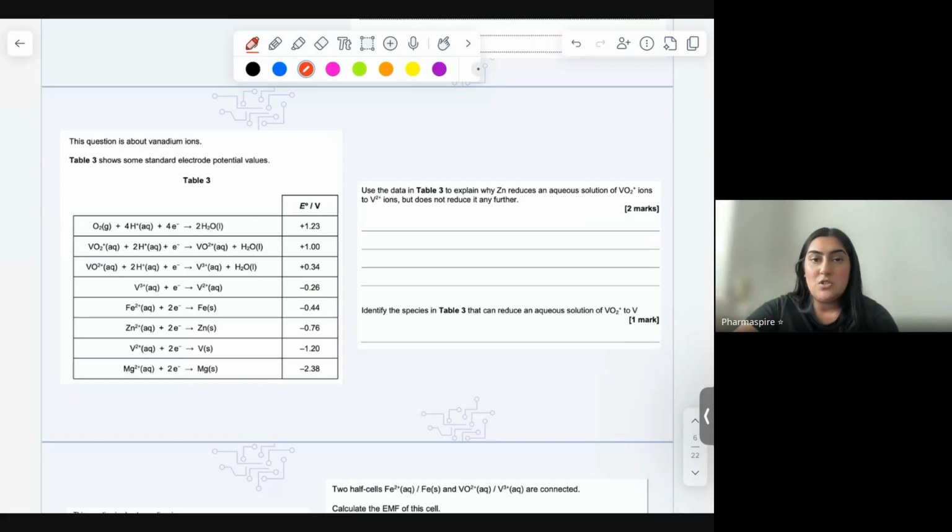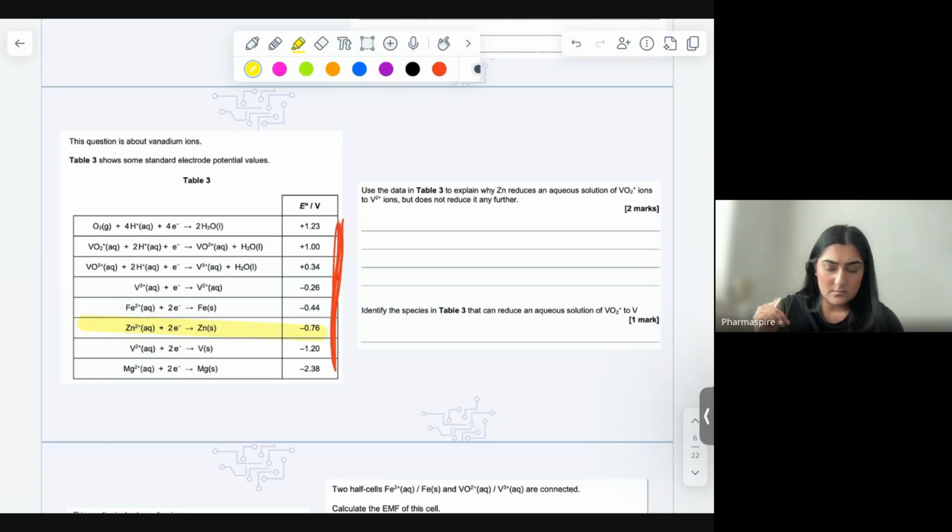So remember when they said to you, explain why it has the ability to reduce, you always look at your stats, okay? So if they're asking about ability, you need to look at which ones are most negative, which ones are more positive. So which ones are we actually talking about? They're talking about Zn, so we look for zinc. Now you've got a couple of V2 ones, which is confusing. Sorry about that. So you've got a couple of V2 ones. So it kind of looks similar to last time. So if we look at it,